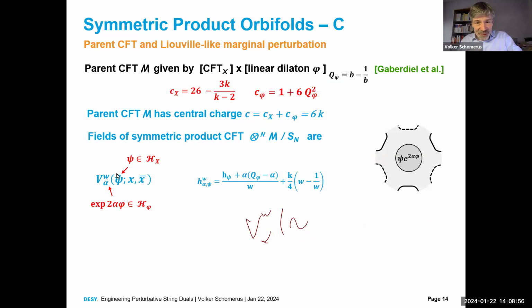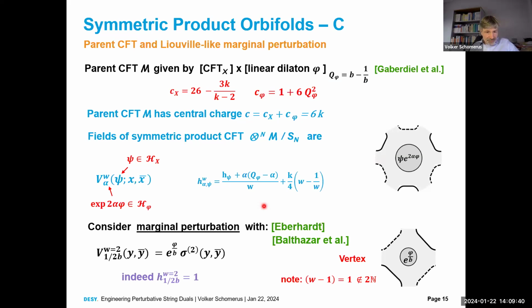So these fields have a conformal weight, which is given by this formula that I have here. By this formula, that's again computed according to the standard rules of orbifold CFT. It has inserted that the central charge is 6K, so we have central charge over 24. That was the formula I had at the beginning, and then comes the contribution from the operator in the matter theory. So that's the field, and of course we denote them again by these familiar vertices or familiar operators that I had before. And now comes the next observation, and that's